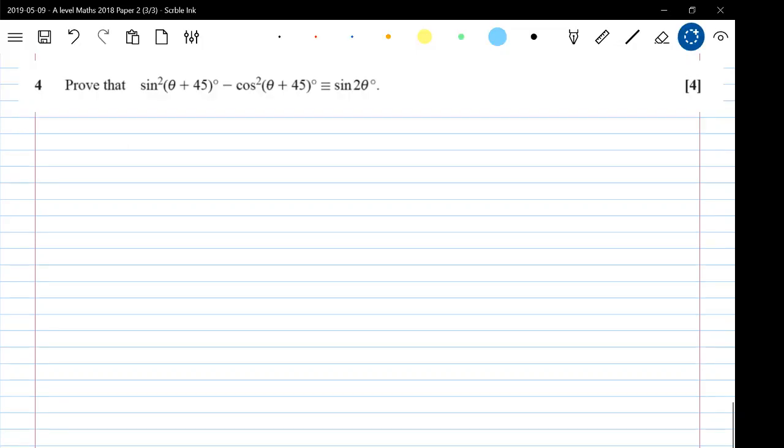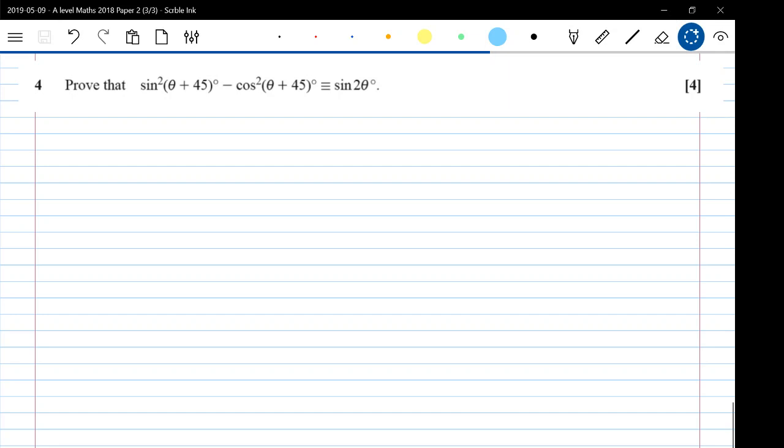Okay, so as we look at question 4, prove that sine squared (theta plus 45) minus cos squared (theta plus 45) is sine 2 theta. It's worth pointing out there are a number of different ways that you could work through this question. I actually did it a way that I think not many of you did, but I would say that the left-hand side of this one,